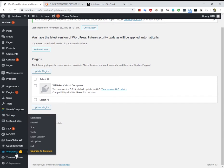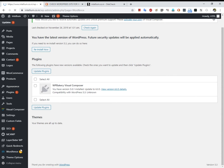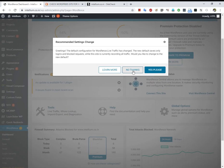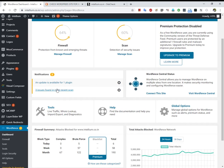So I have already installed WordFence while the site was live. Let's go to WordFence. This is a plugin, and you can easily install this kind of plugin. So let's see, there are three found issues, and these issues are